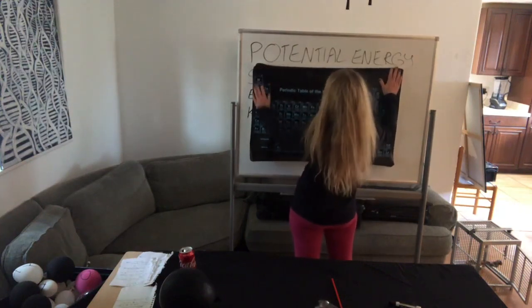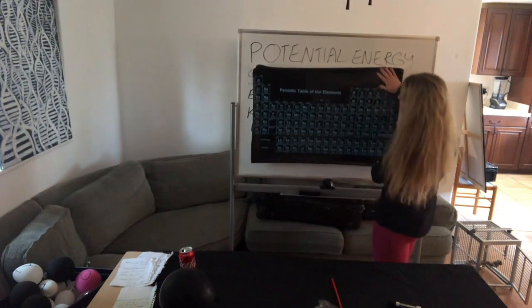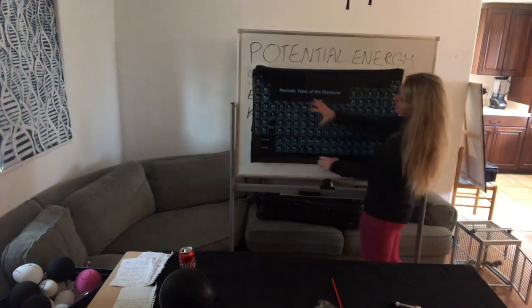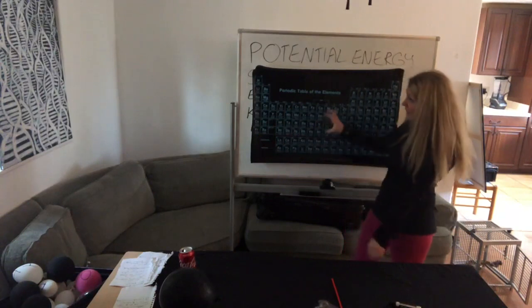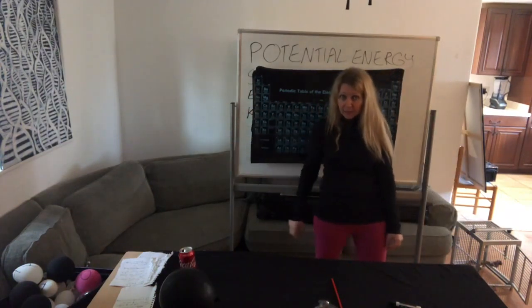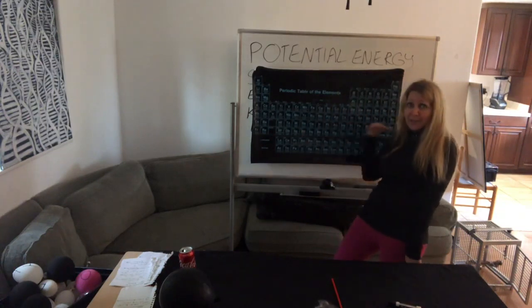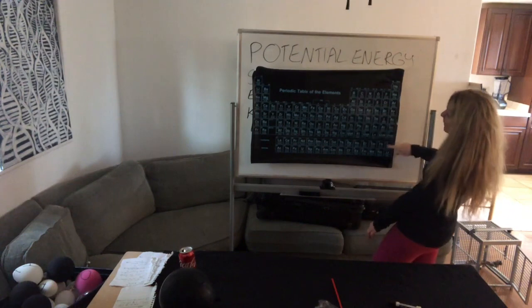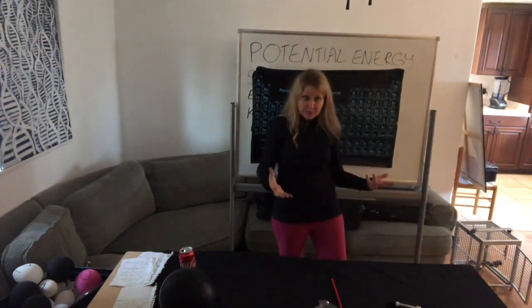So the periodic table, if we're looking at metals, so most of the table is metals. And if we go toward the left, we're getting more metallic. If we go this way, we're getting more electronegative. Remember, the non-metals are over here, metalloids here. Most of the periodic table is metals.